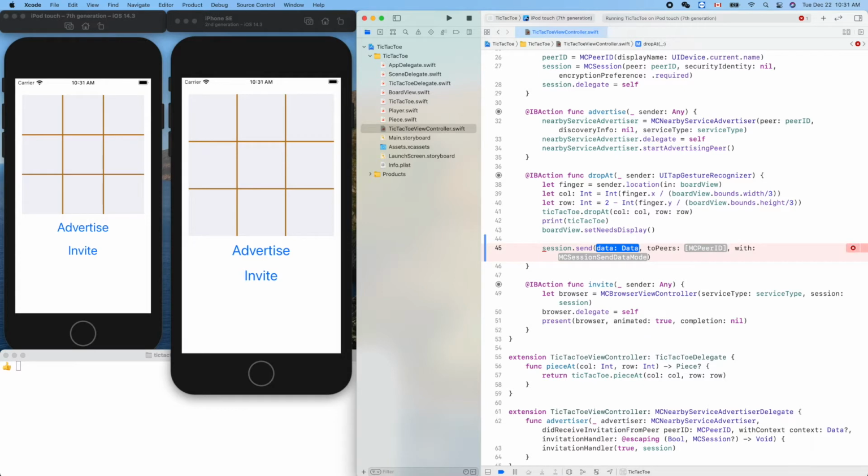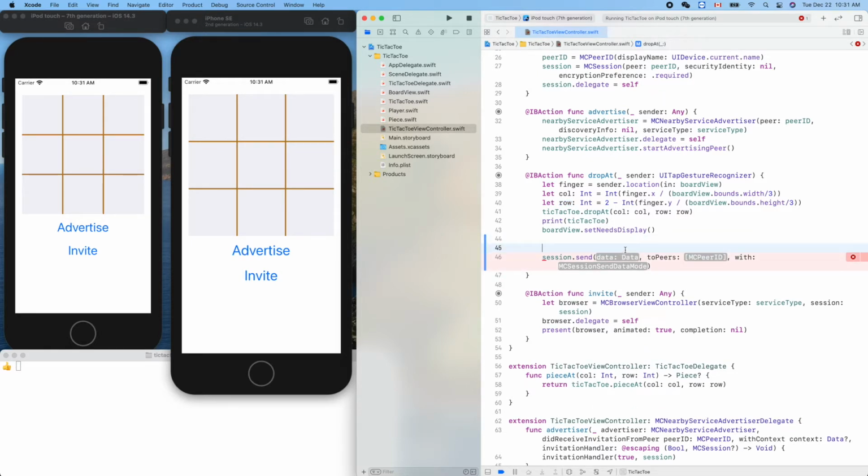So we need to prepare the data. The move is this column and the row. So for example, we can send out a string to the peer, like 0, 0. Okay, so to prepare the data,